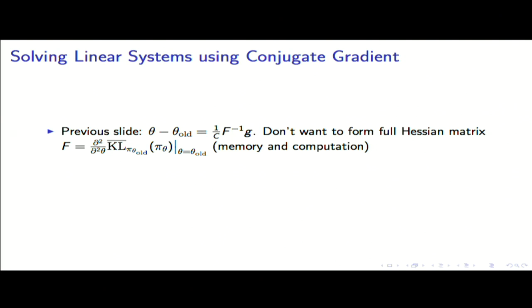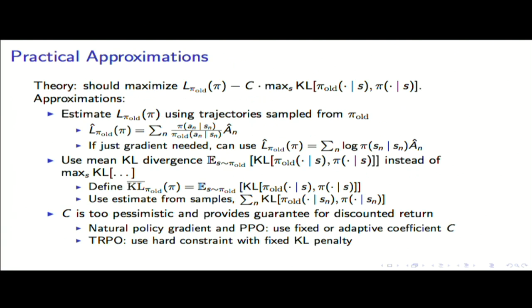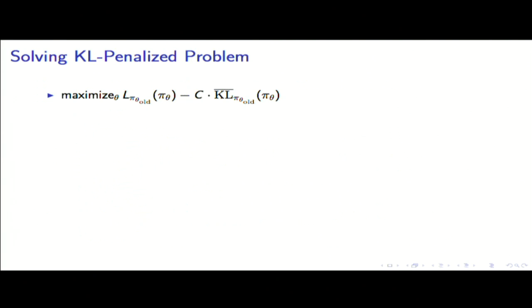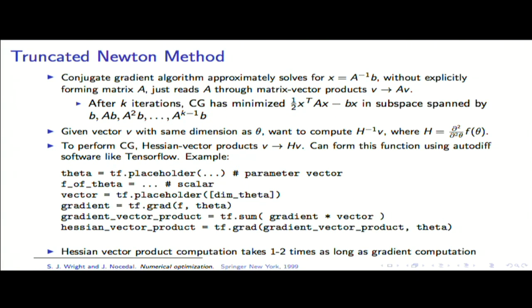Mm-hmm. Now, can you show me this whole trick that you did with the Hessian, the vector sum product? How does that work again? Okay. Yeah, that's a neat trick. So let me go back to that. Let's see. Here it is. Okay. So the idea is that